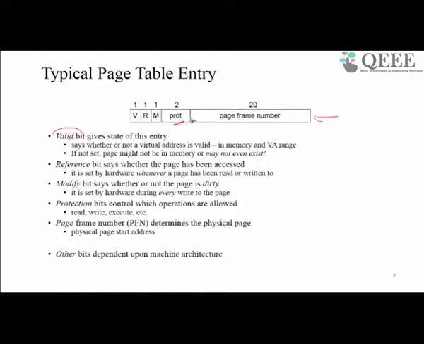Protection bits are used to control the read-write operations that can be carried out. So certain pages can only be read, certain pages can be read or written, and so on. So those access control bits control the operations that are being performed on those pages. And if it is present, the page is resident in the main memory, then the page frame number is given